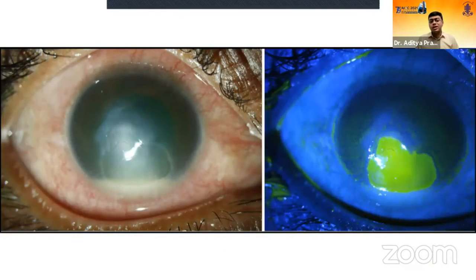Now we'll come to the role of tarsorrhaphy in the management of non-responsive keratitis. This lady was again referred to us from another institution with a history of non-healing ulcer. She was treated with a wide variety of drugs, including antivirals, because somewhere it was mentioned that she had prior histories of such episodes. So here you can see a large PED.